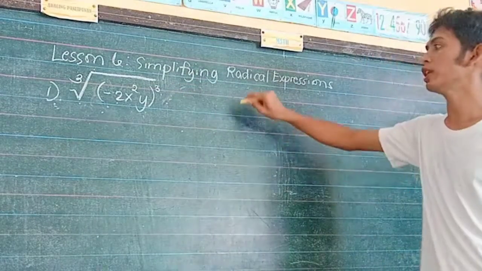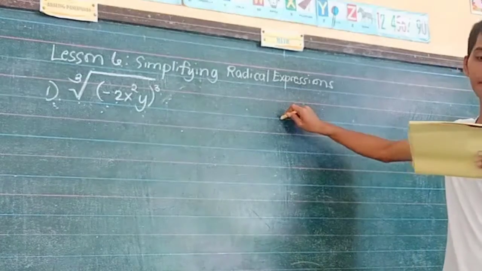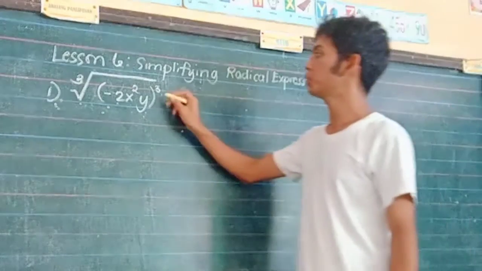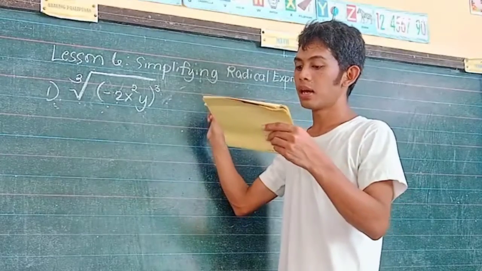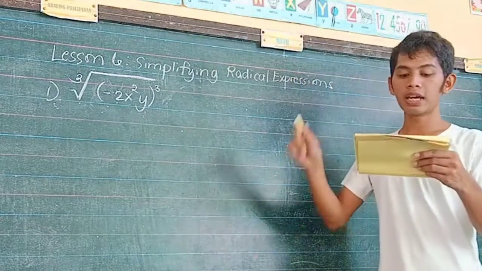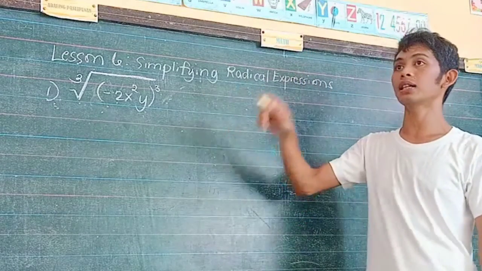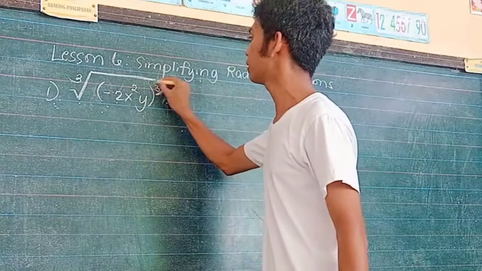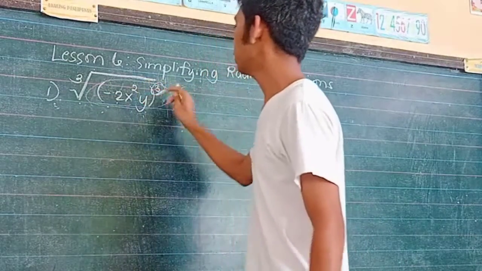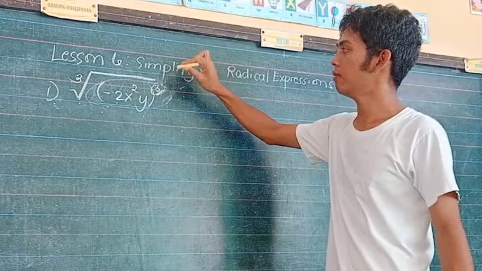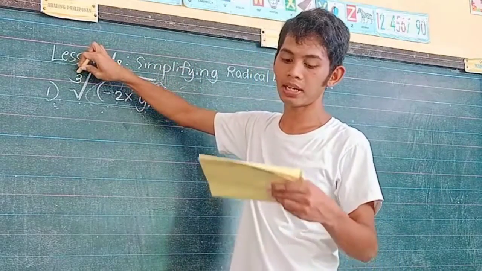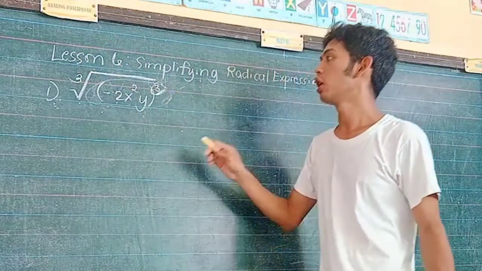Rule number 1 states that when the radical is raised into a power equal to the index of the radical expression,